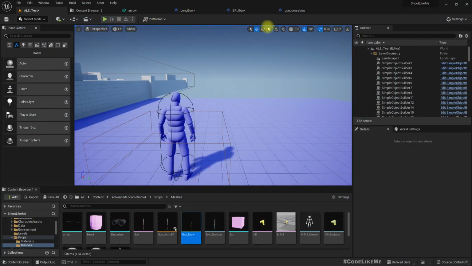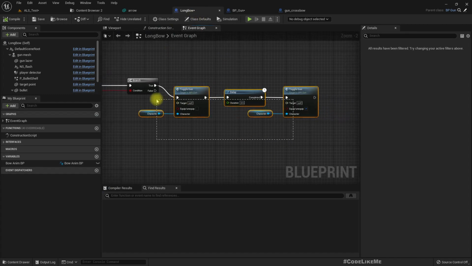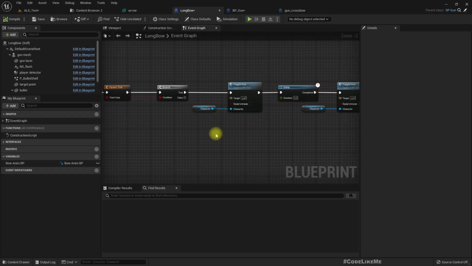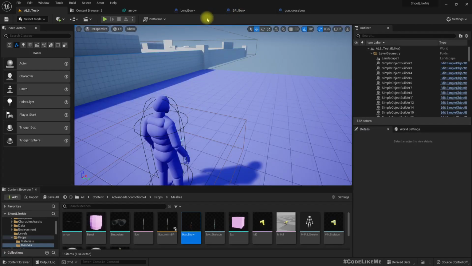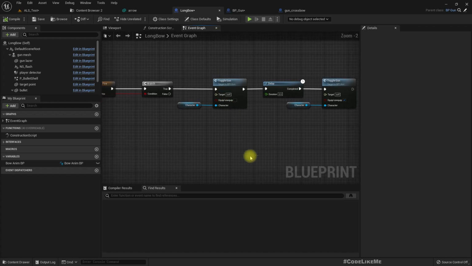No, that didn't work because the character didn't lower the bow and raise again. So actually this aim down part should happen inside the character blueprint itself. So no, this method won't work. But something else we can do here is, after 0.5 seconds